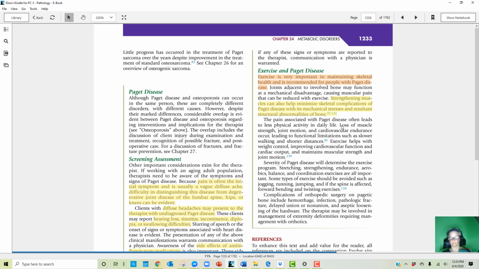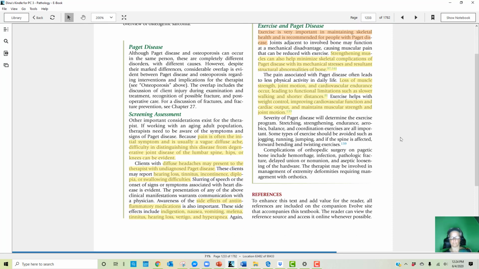Loss of muscle strength, joint motion, and cardiovascular endurance occur, leading to functional limitations such as slower walking and shorter distances. Exercise helps with weight control, improving cardiovascular function and cardiac output, and maintains muscular strength and joint motion. Severity of Paget disease will determine the exercise program. Stretching, strengthening, endurance, aerobics, balance, and coordination exercises are all important. Some types of exercise should be avoided, such as jogging, running, jumping, and if the spine is affected, forward bending